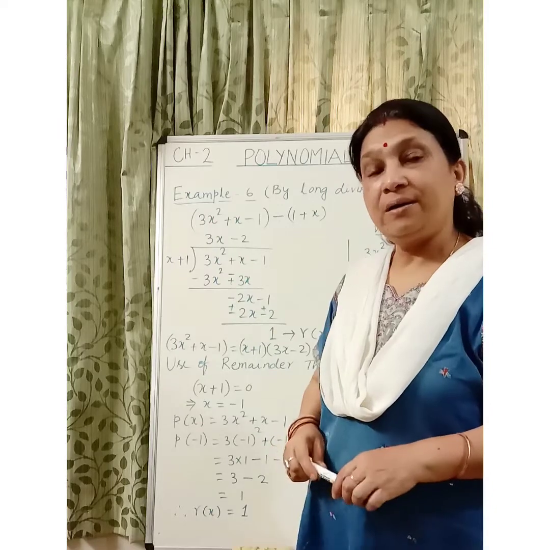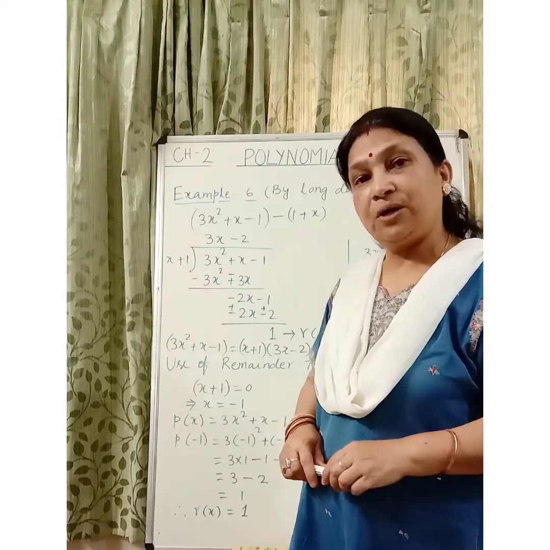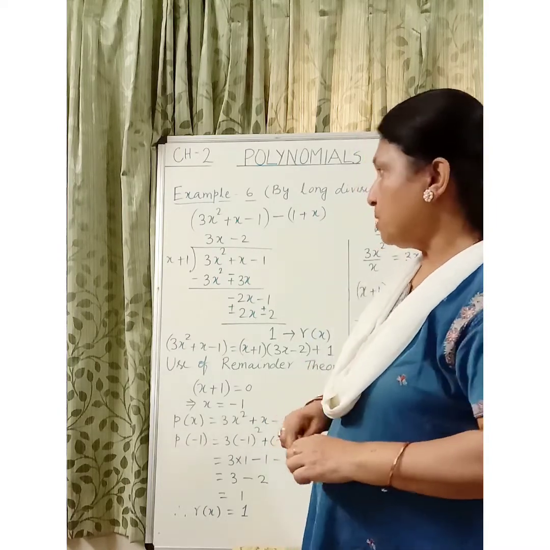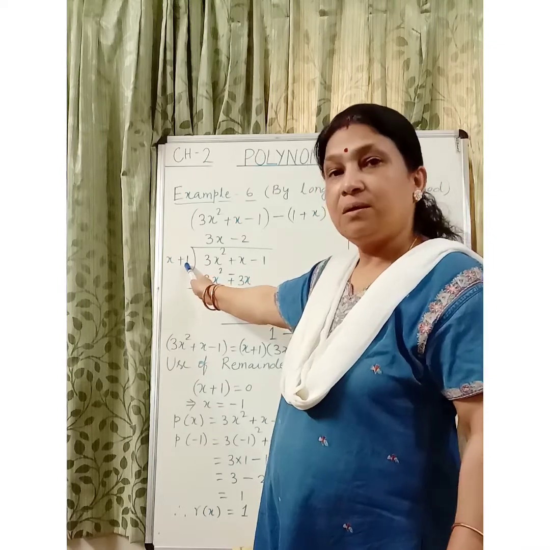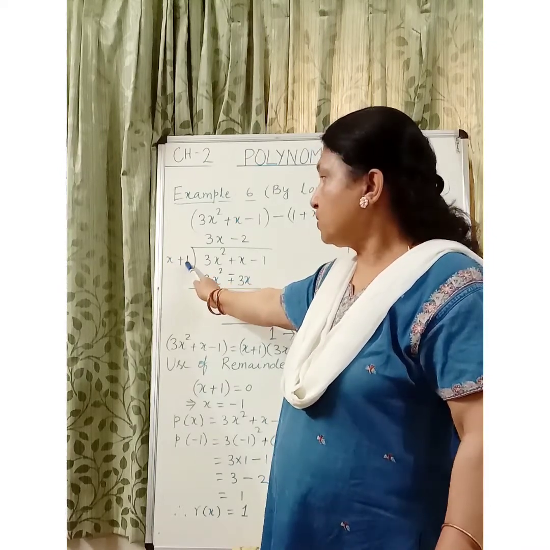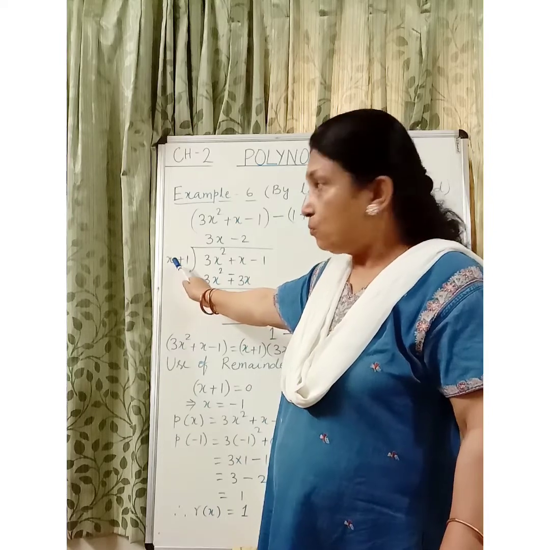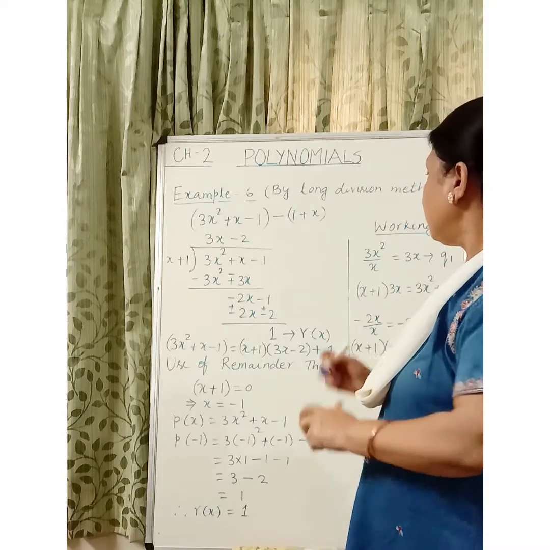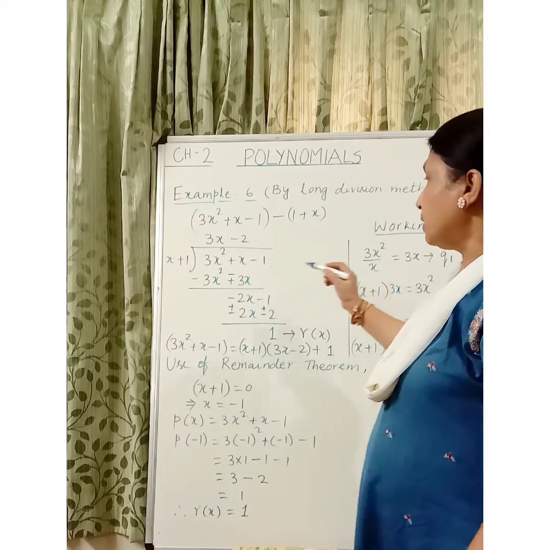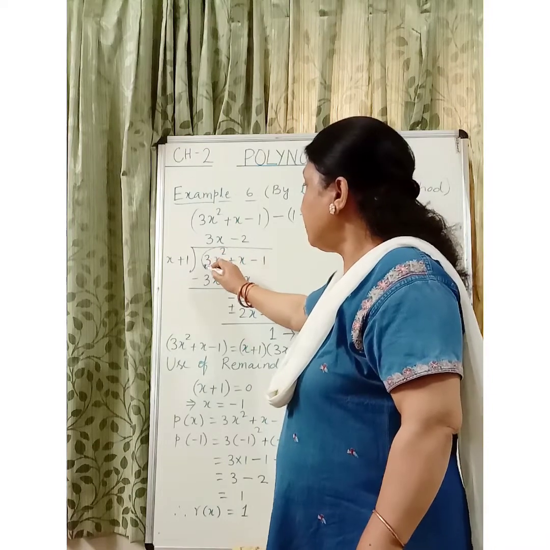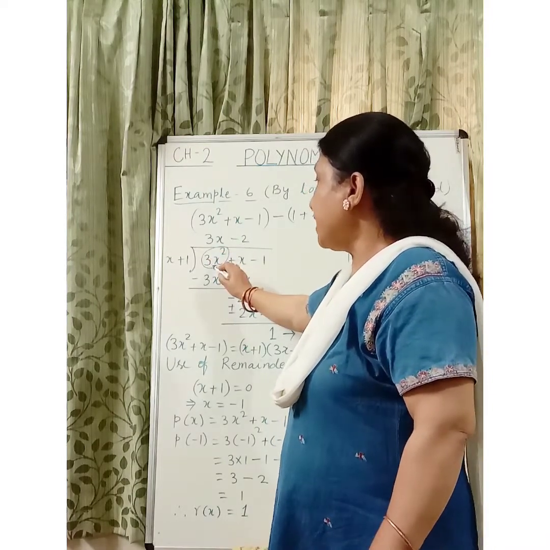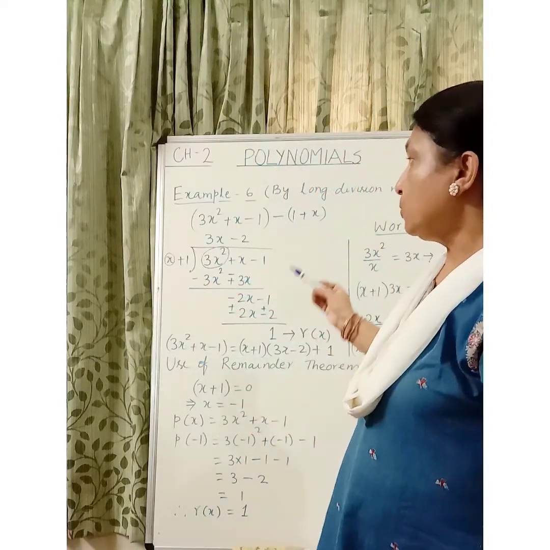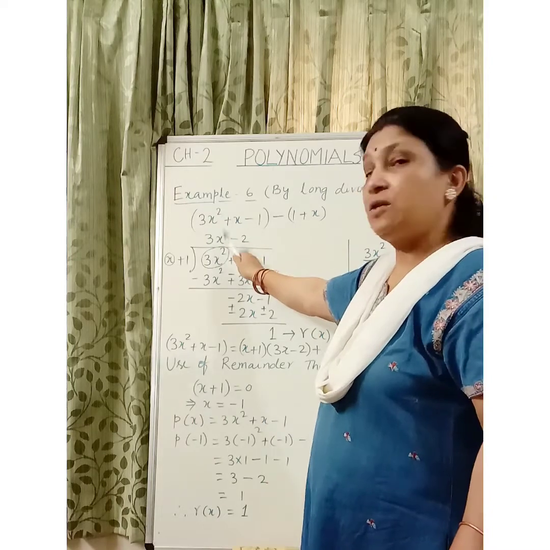How will we divide? In the division, normally when you are dividing the numbers, you are using the multiplication tables. But do you know the multiplication table of x plus 1? No, we do not know the multiplication table of a polynomial. So what will we be doing when we have to divide this polynomial? We'll be using the concept here. The first term of the dividend polynomial will be divided by the first term of the divisor polynomial to get the first term of the quotient polynomial.